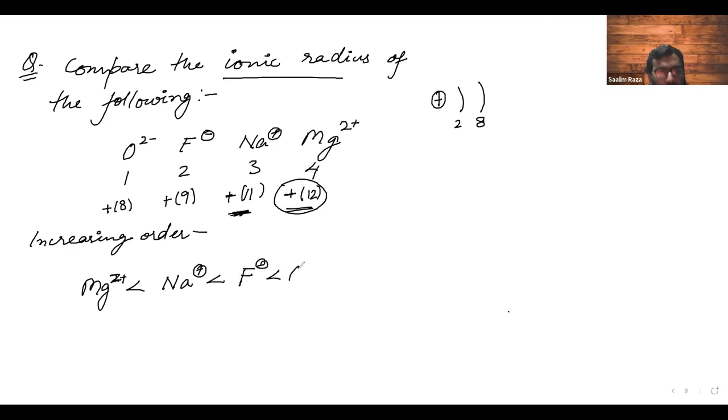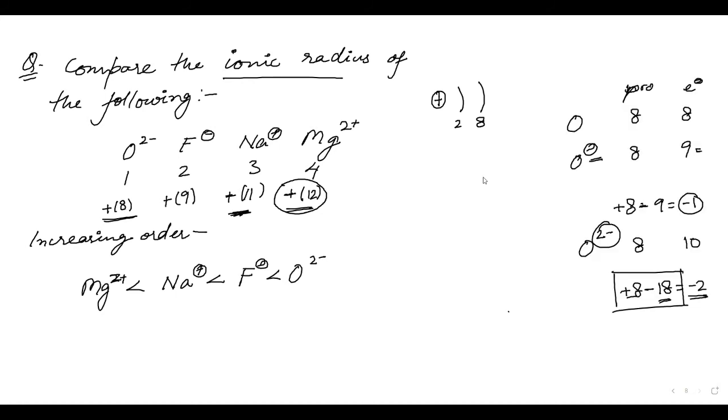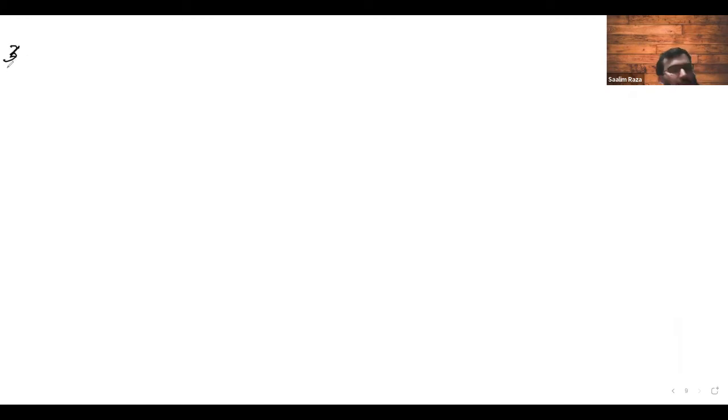Then we will go to O2 minus. It has only 8 protons and it has 10 electrons. Much tougher to hold and attract those 10 electrons. Moving on to the next, the third one, correct? We dealt with atomic radius and ionic radius in the same compartment. Then we will move on to, what did I write? Ionization enthalpy. Yes, ionization enthalpy.